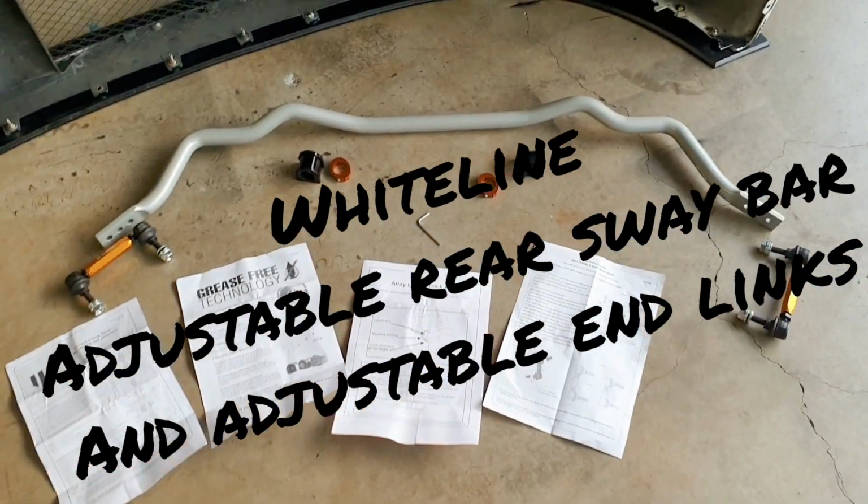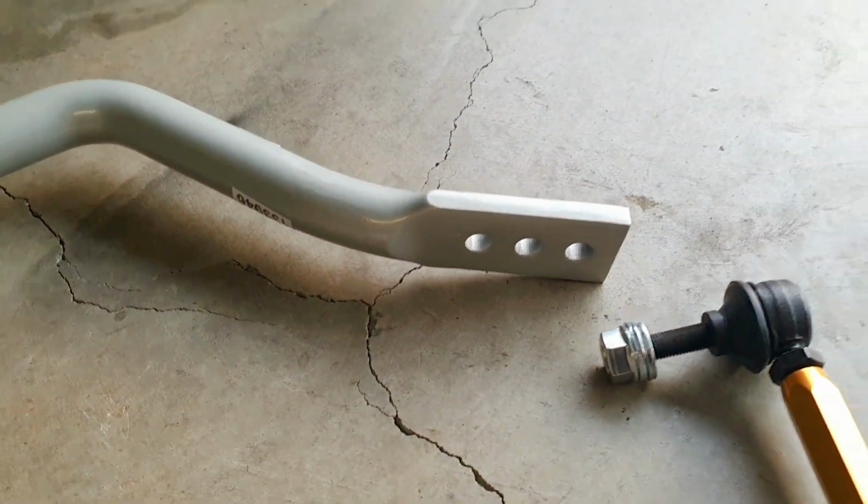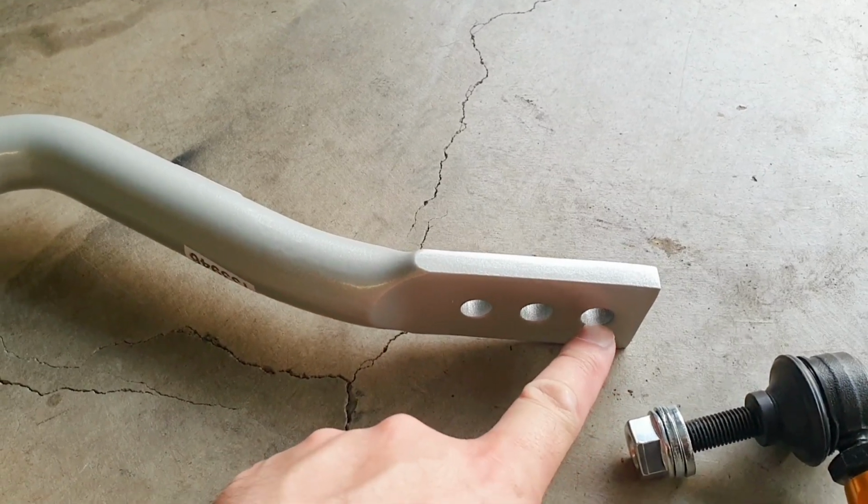Today we're looking at the Whiteline adjustable rear sway bar, which has, as you can see, 3 holes adjustable on either side, being firmest, medium and softest